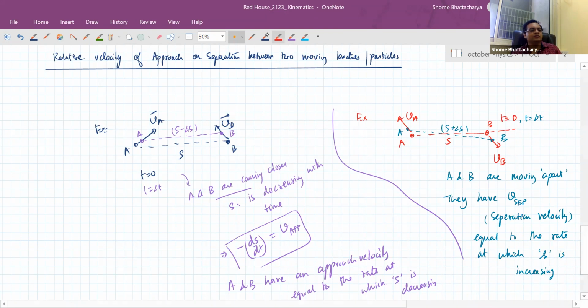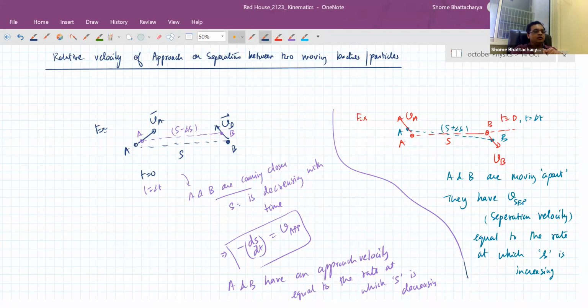Of course, there can also be a very unique case where they are moving in such a way that neither the rate is increasing nor the rate is decreasing. But that is a special case. Generally speaking, if two objects are there, other than the special case where the distance between them remains fixed, they might either be coming closer to each other with time or moving away from each other. So at the given instant, the rate at which the distance is decreasing between them in the first case,